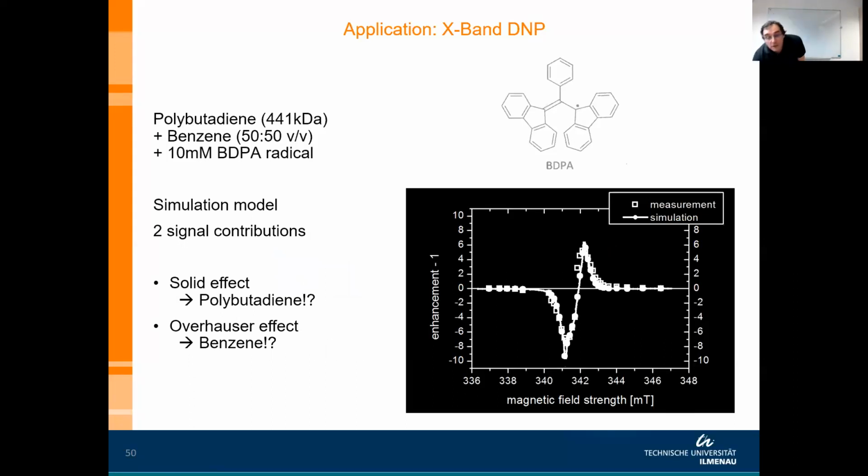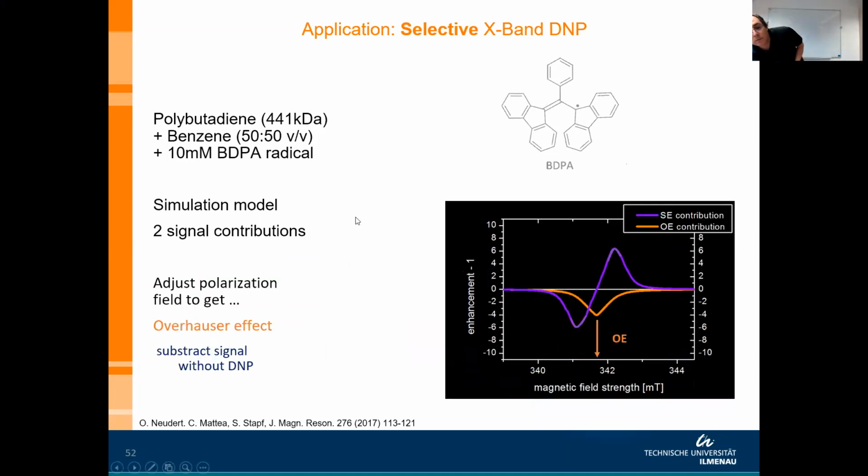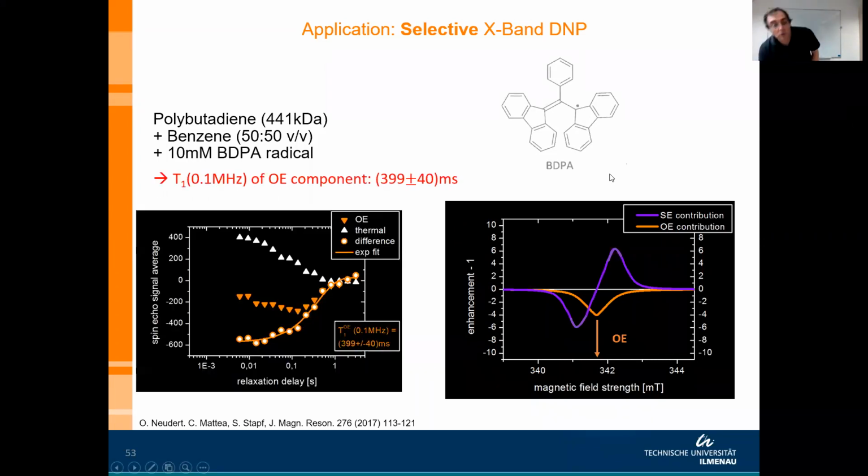And then there is the Overhauser effect here. Let's try to see it fast. We'll use this system here. Okay. Somehow this froze. Okay, then